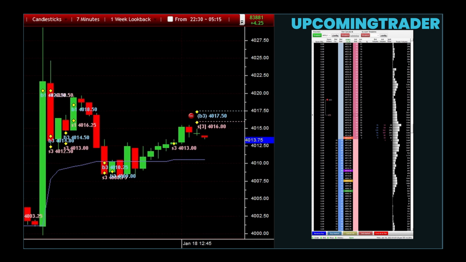Additionally, the parabolic SAR, which stands for stop and reverse, is another tool that can help you determine potential trend reversals or continuations. It does this by plotting dots above or below price action. By combining these indicators with Heiken Ashi, you can gain a more complete picture of market conditions and make more